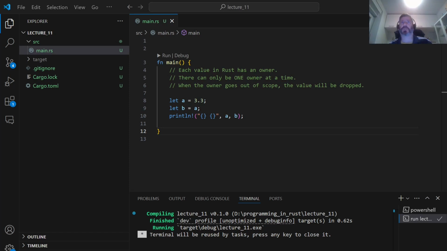In this lecture, we will talk about ownership in Rust. Ownership is just a set of rules that governs how Rust manages memory. We only have 3 rules that I've written here. Each value in Rust has an owner. There can only be one owner at a time, and when the owner goes out of scope, the value will be